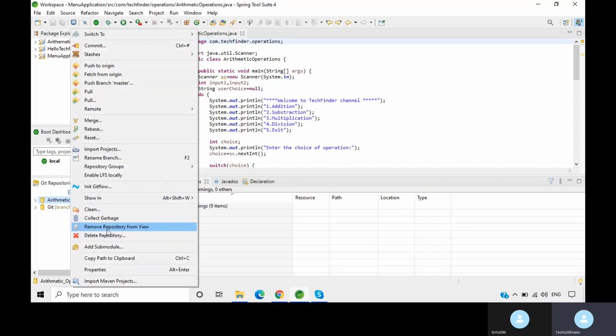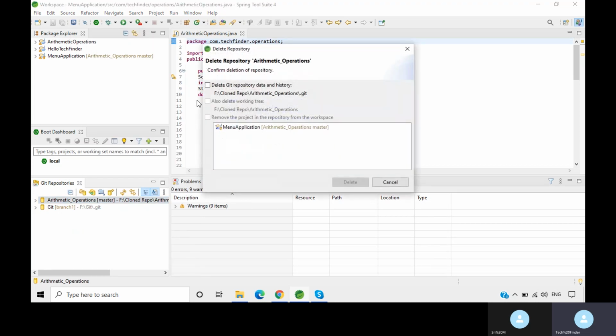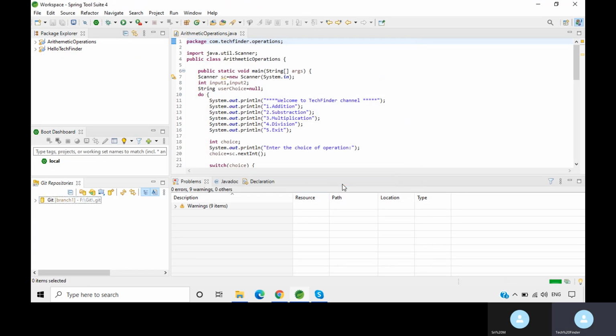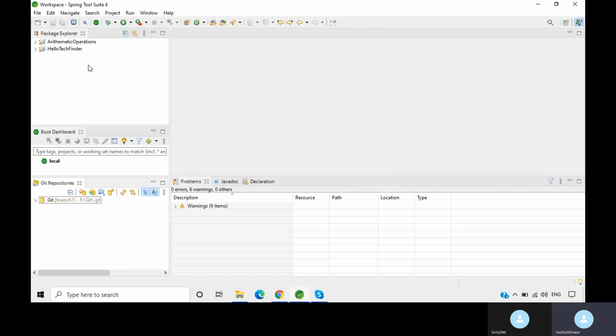Remove repository from view will just remove the repository from this Git Repositories window, and delete repository will delete it permanently. Just tick delete Git repository data and remove projects in the repository from the workspace also, and just delete. See, the project is deleted from the workspace and the Git repository.